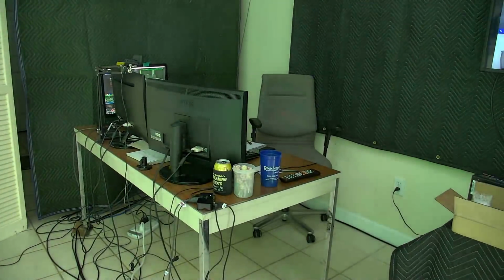Let's see if I've got my presets here, and if we can go to preset number 1. Don't tell me it's forgotten the presets. Oh, it's on camera 3. How did that happen? Let's try it. Let's go back to camera 1. There we go. All right, so that's the full width here,